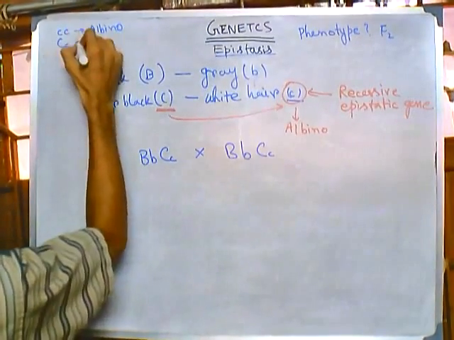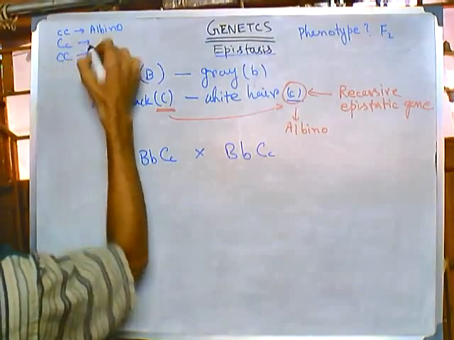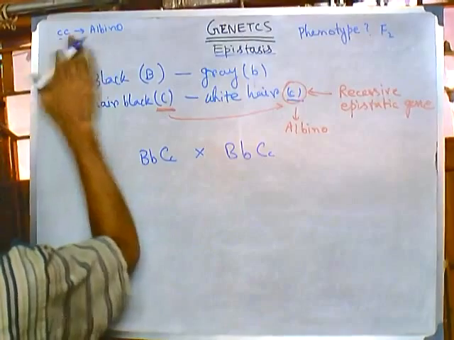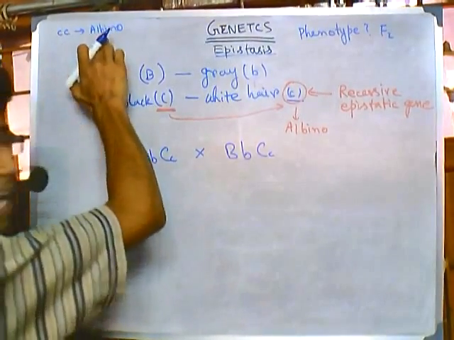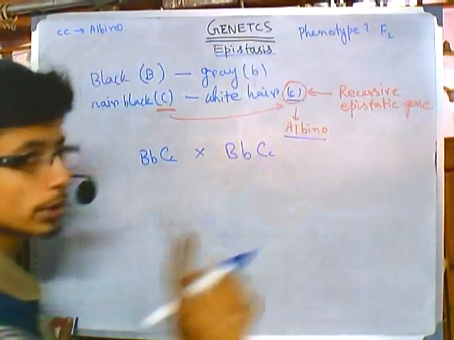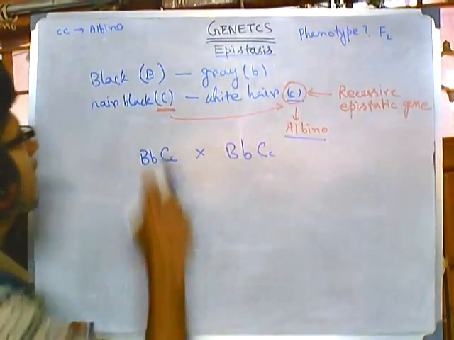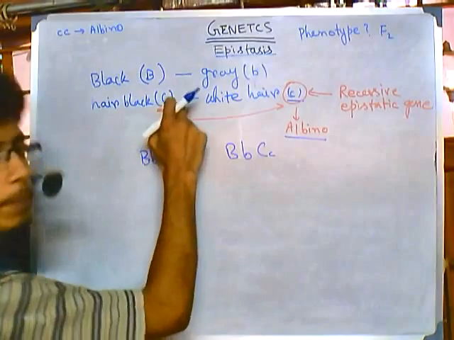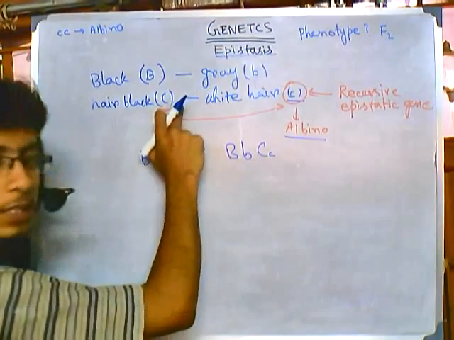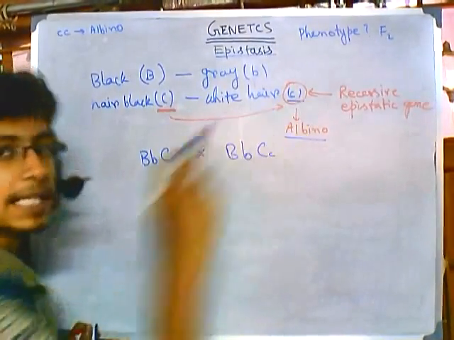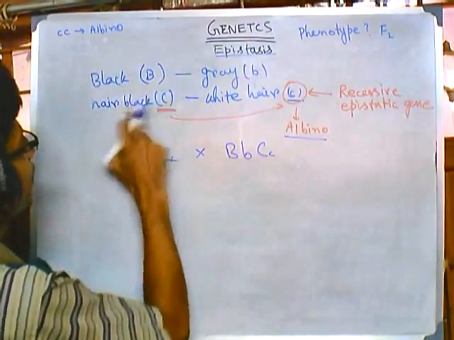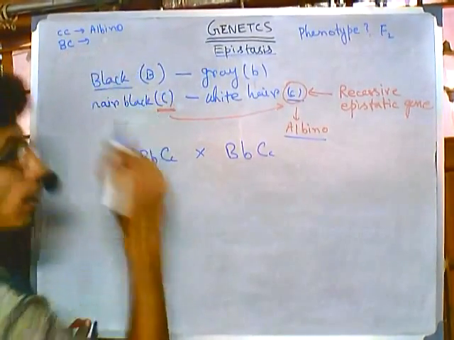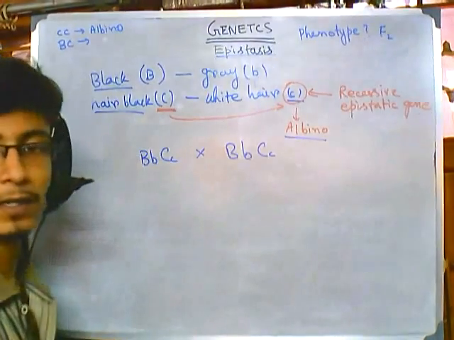If we are getting this and this, the thing will be changed. There will be no albino. So if we are getting two small c, we'll be getting albino, because it was already told in the question. Now another important thing, as this black is a coat color, caps B, it is dominant. Black hair color is cap C, which is also dominant over this epistatic gene. That means if black B and black C both are present, then it will bring back black coat color as well as black hair color, right?